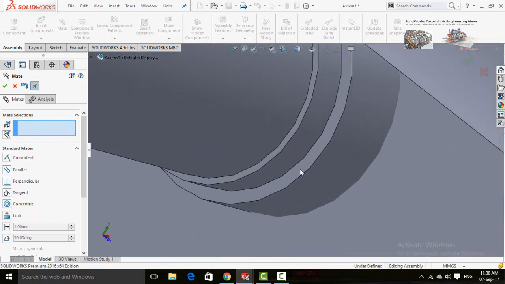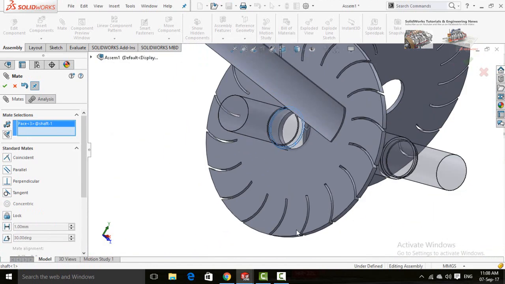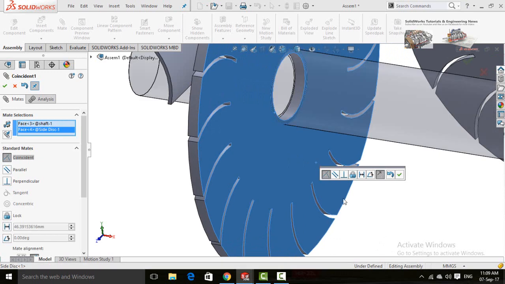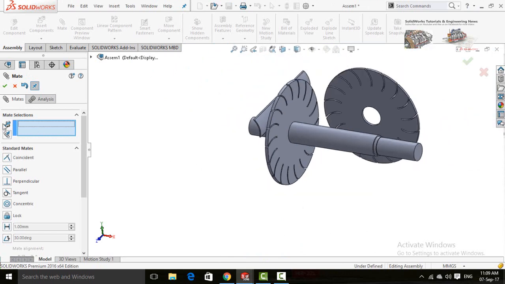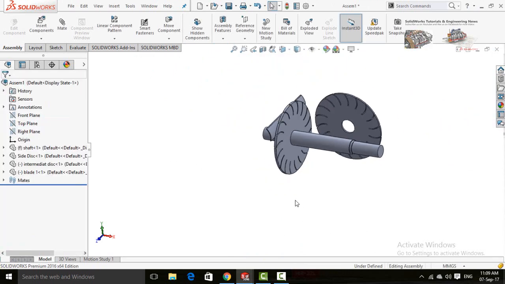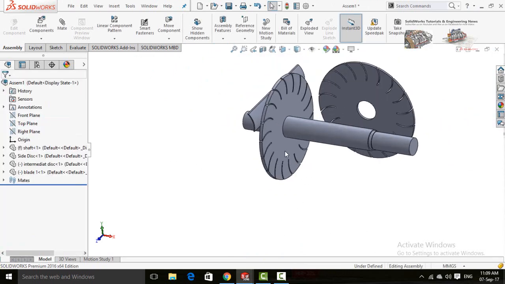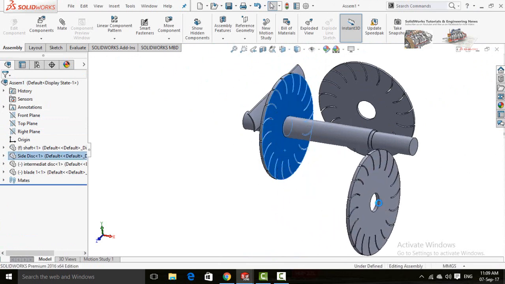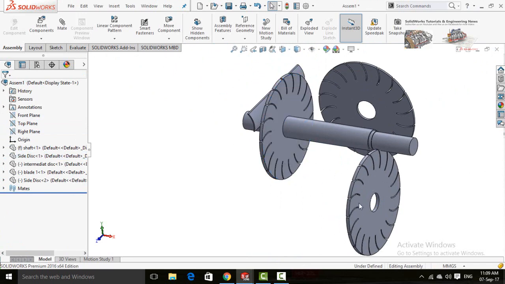Now zoom in and select this face, align with this face of side disk. Press OK button. Again press OK button. Press and hold Control key and click, then drag this side disk as we need to. So this is the process to copy the same part.